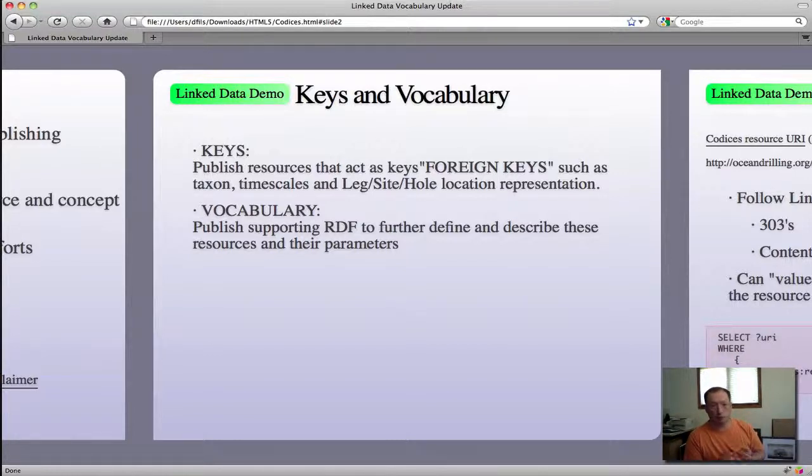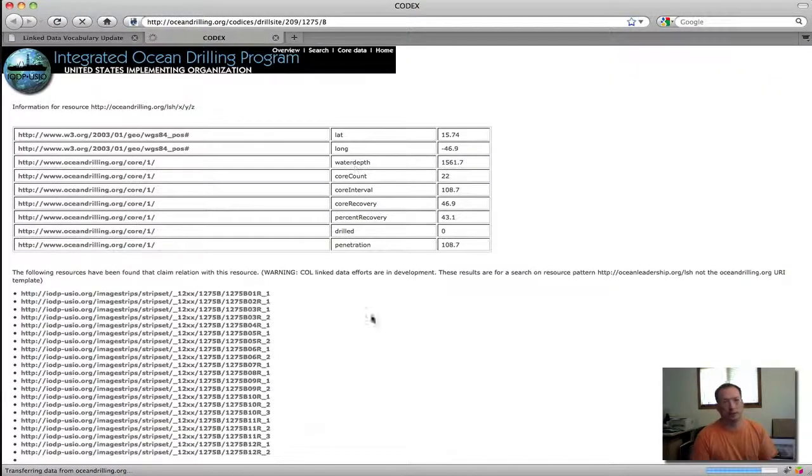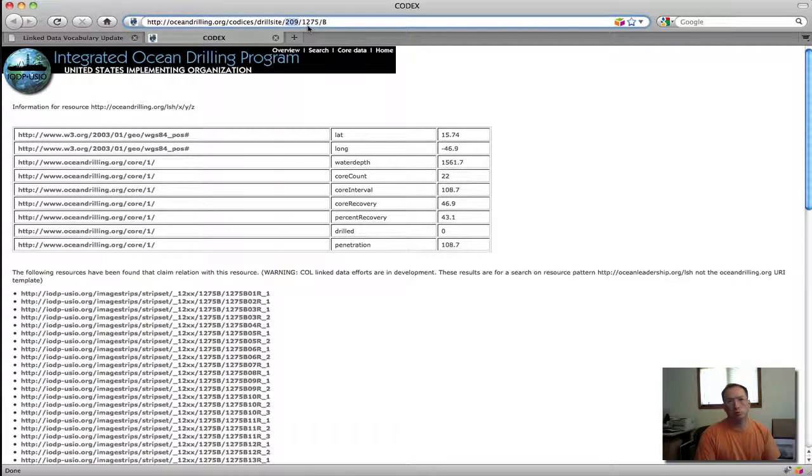And the other, of course, is vocabularies to describe what the parameters within these keys are. So let's just take a quick look at this. What I've set up on the oceandrilling.org domain is a codices LSH leg site hole key. So an example of this would simply be something along this line, where we've looked at leg 209, site